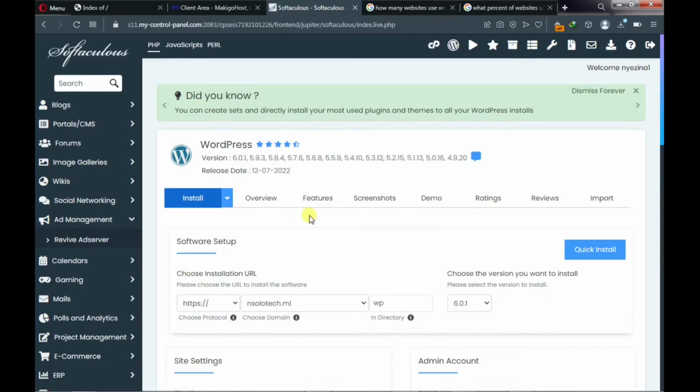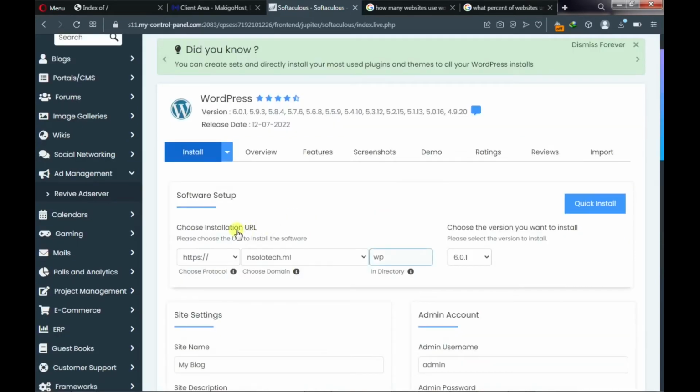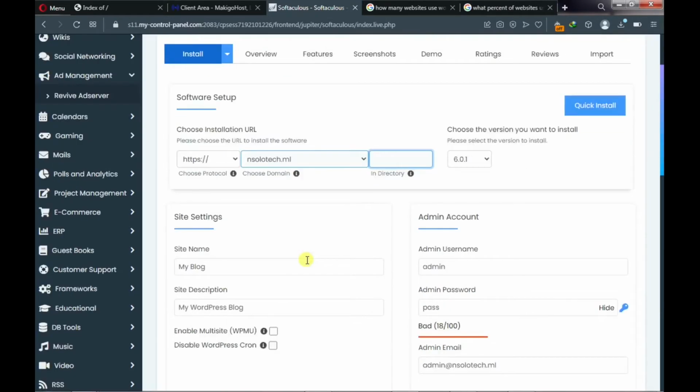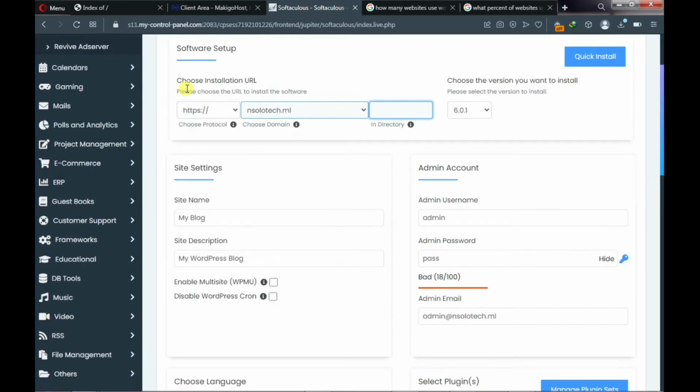Perfect. Now this is where you set up your installation URL. Which URL or address do you want to install your WordPress on? Please choose your URL or your website address here. In the directory field, make sure you empty it, and leave everything as it is. Now scroll down a bit, and in the protocol, make sure you choose HTTPS. So click on it